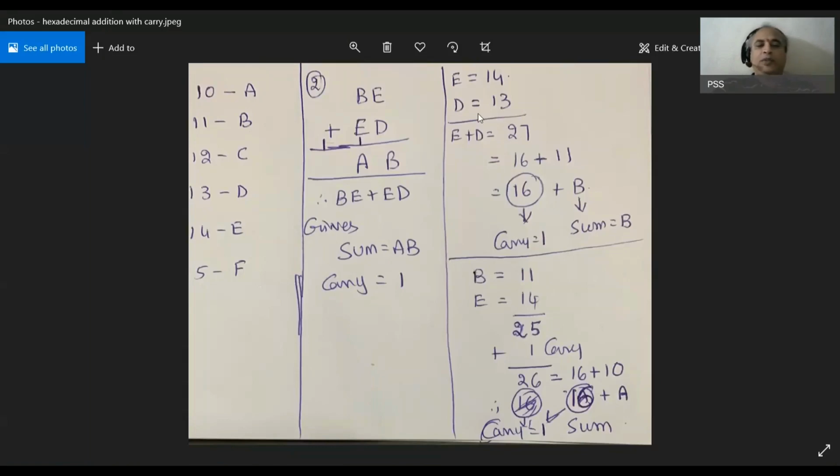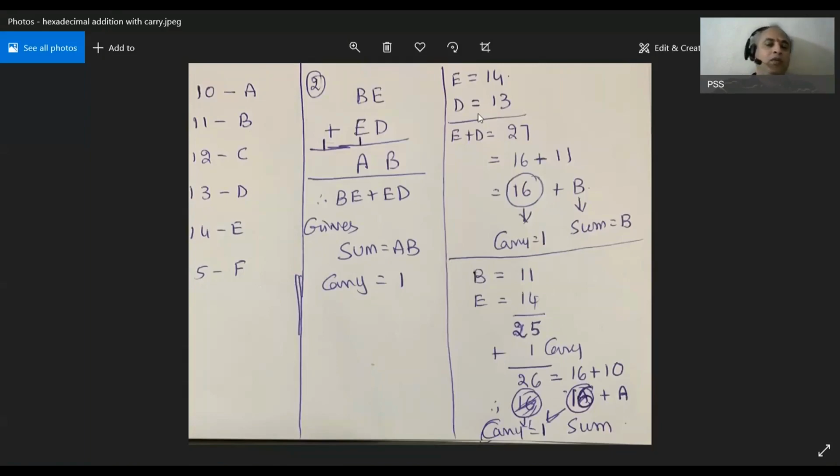This carry is to be forwarded to the next position. So in the next step, we have to add B, E and 1. So what is the result of B plus E plus 1? You know the value of B as 11 and the value of E as 14 and the sum is 25.